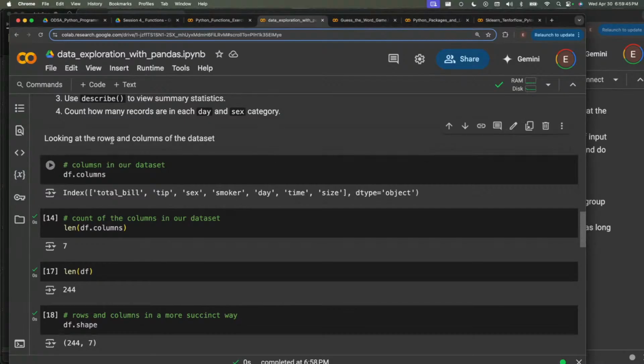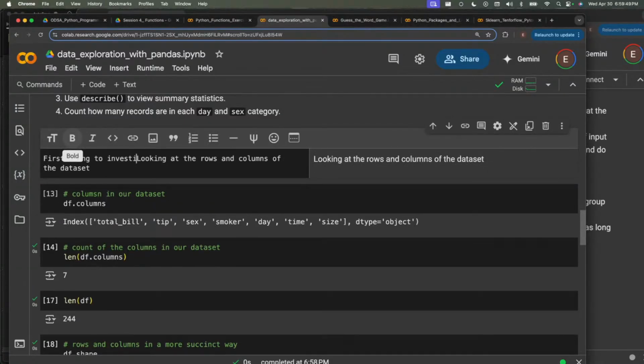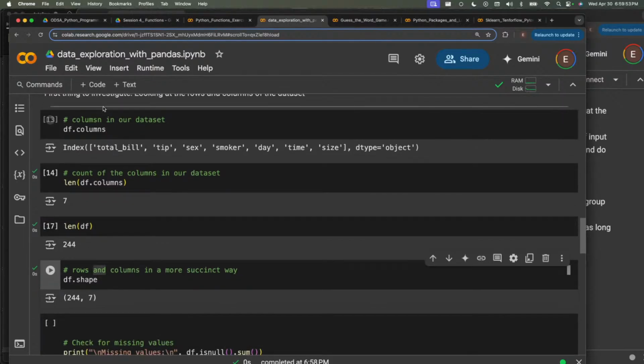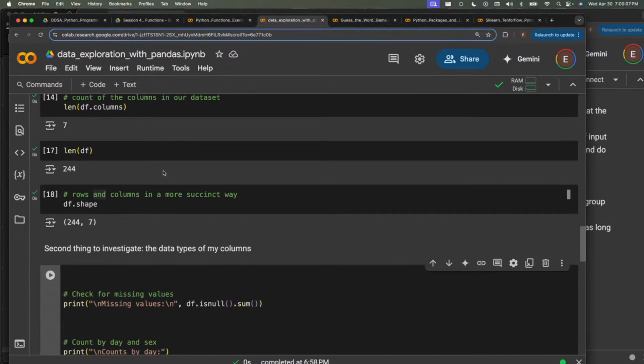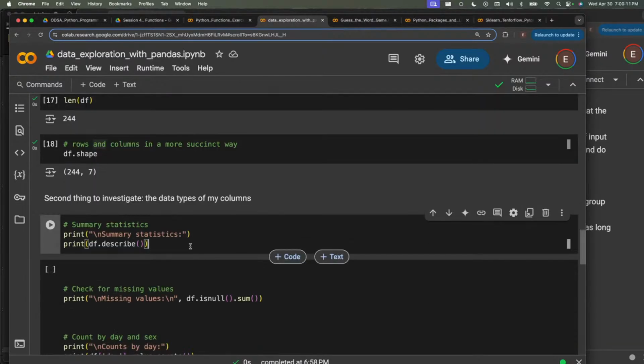So the first thing to investigate, and the second thing to investigate, is the data types of my columns. Okay, so we're going to investigate the data types of our columns by